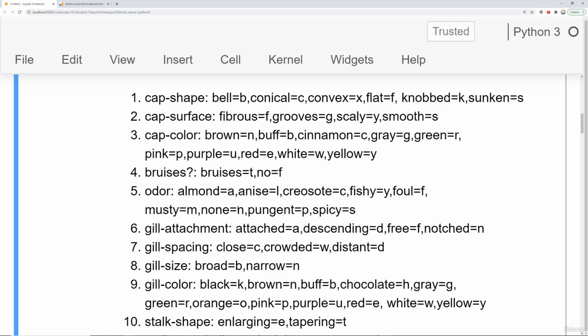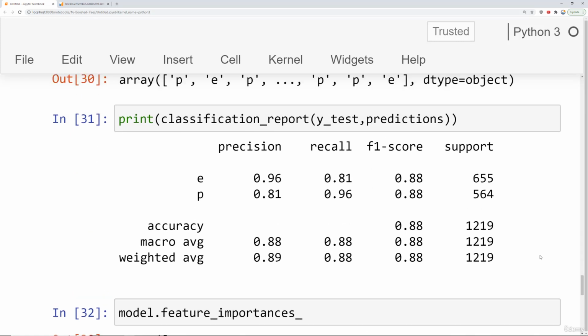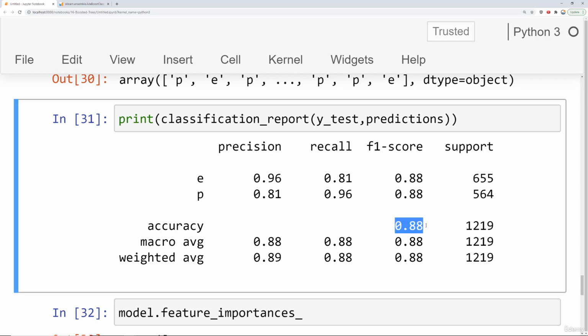which means according to our AdaBoost classifier model with a single stump, it decided that the best way to try to figure out whether a mushroom is poisonous or edible, if you had to choose just one of these feature types, it would be to check whether or not you actually smell something from the mushroom. And we can check out that it actually performs pretty darn well for a single instance of that feature. So it's able to get up to about 88% accuracy just by checking whether the mushroom has an odor